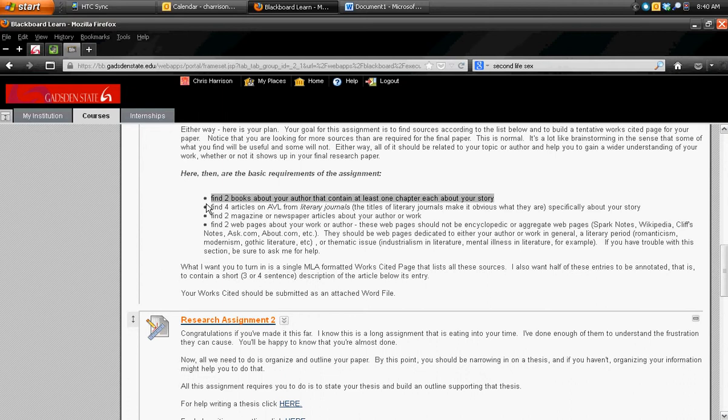They're usually books about your author, so they'll have multiple chapters about multiple aspects of that author's work. Maybe one of those chapters refers to your story, but you should still be looking for a book that is about your author, not by your author. Every now and then there are collections of your author's works that contain a good academic introduction written by a scholar. That's not a bad idea either, but for our purposes, I want you to get books about your author that contain multiple individual essays about varying works. One of those, of course, should be about the story you're writing about.